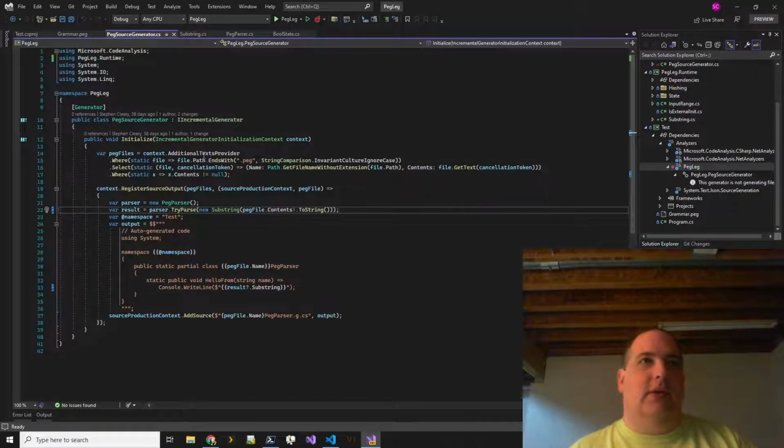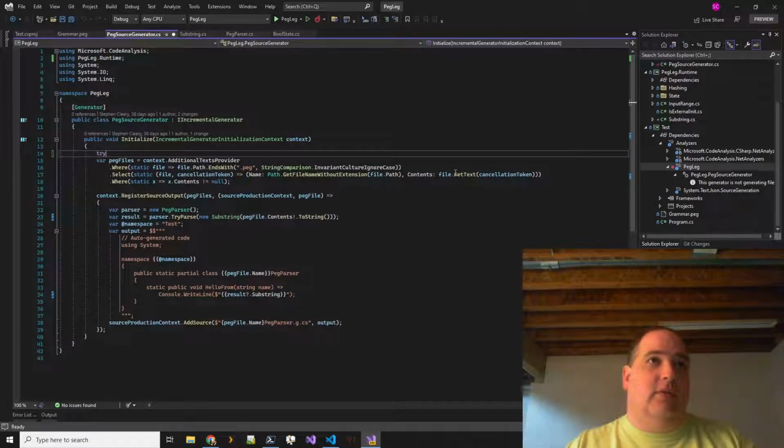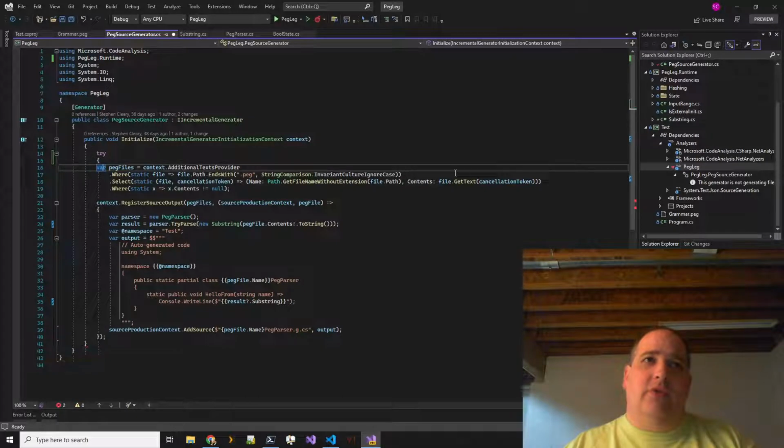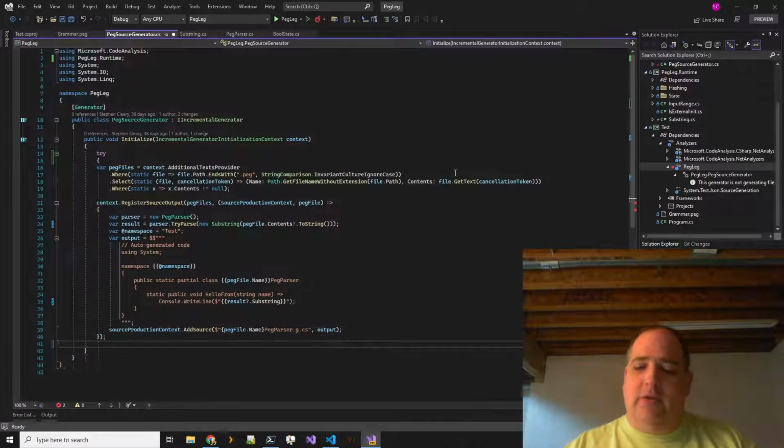So let's see. Can I do something like this? Debugging source generators. Not really sure how to do that.